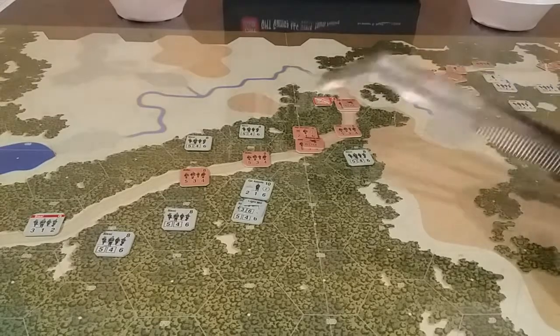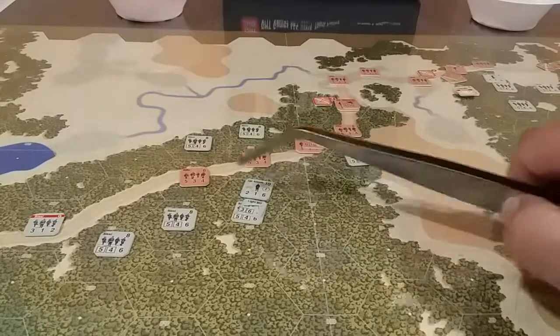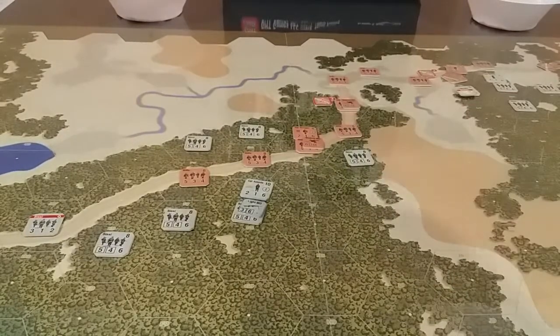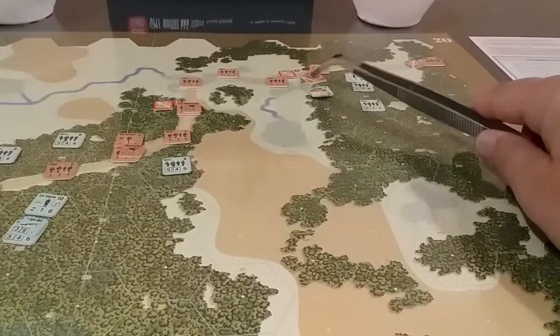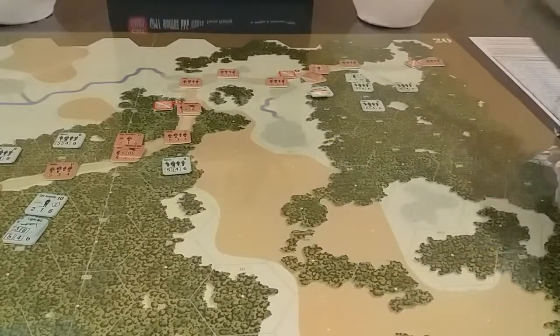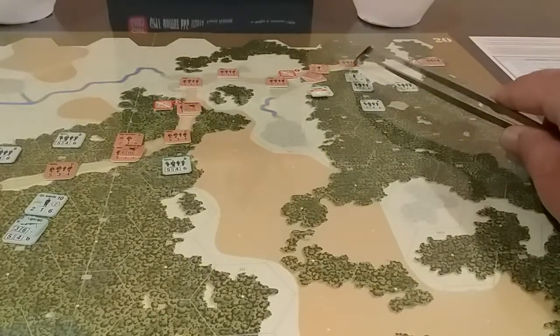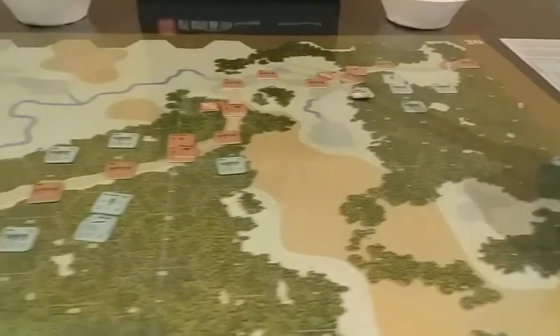Or he could get one of his people to advance into either here, here, here, here, or here. Other than that, we could just do a simple advance with one of these units into this CC here, or this rifle unit here into them there. What do I want to do? So,